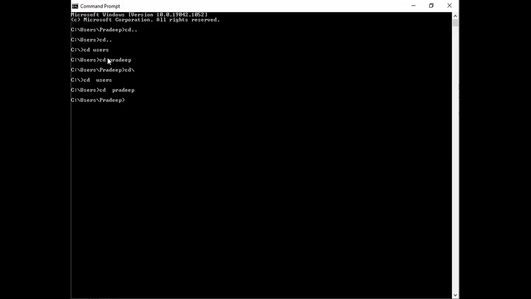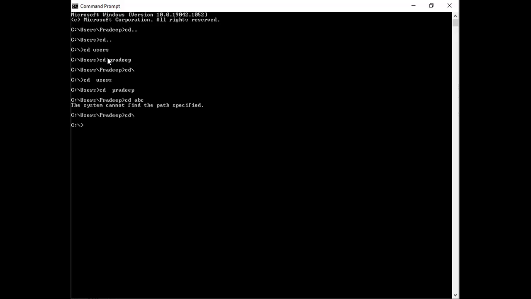Command line arguments means this is the command prompt. In the command prompt, if you are giving any command and giving a value for that command, see, cd is the command. And if I simply say ABC, I don't know whether this folder is there or not, it will display "The system cannot find the path specified." That means the argument is not correct. The command is correct, but the argument is not correct. So this is the meaning of command line arguments.